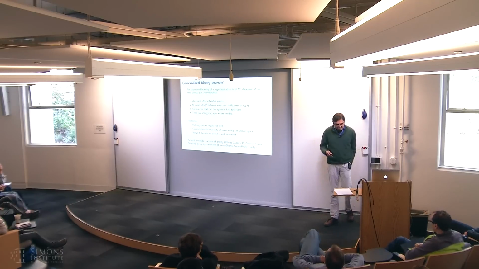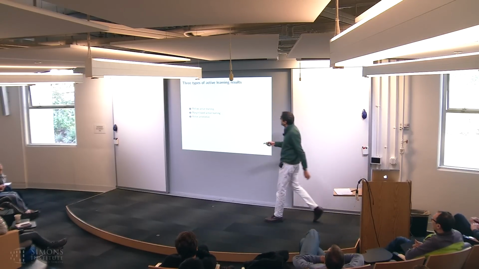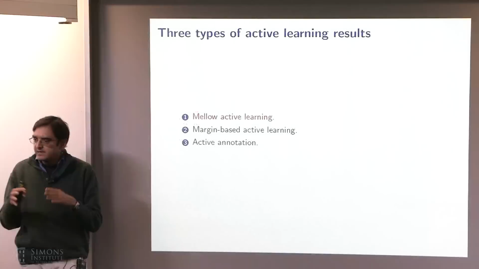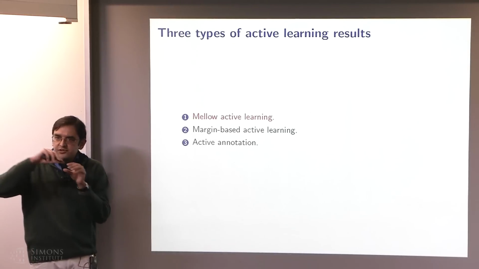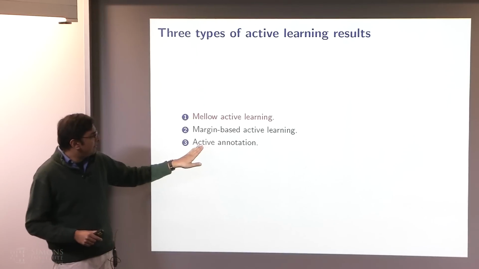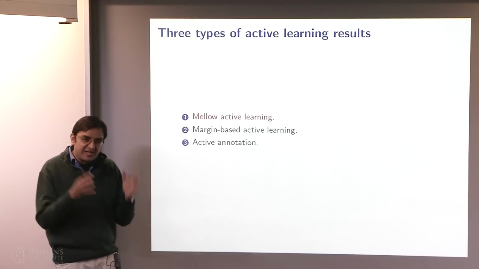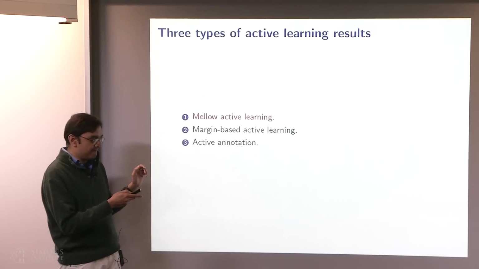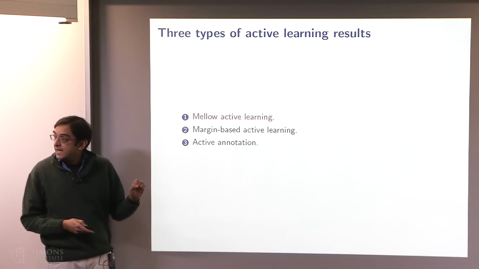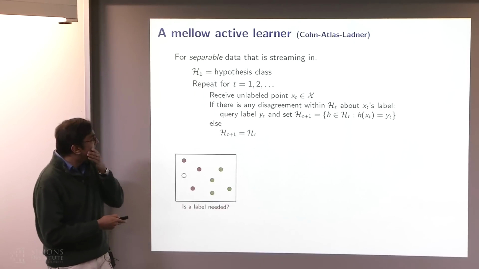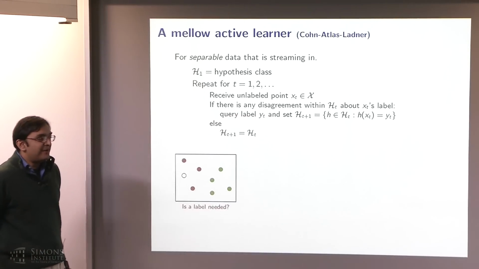Okay, so I'm going to be talking about 3 types of active learning results. The first, on which there's been a lot of work, which I'll just call mellow active learning. Then a bunch of heuristics that are actually closer to what is typically done in practice, where you sample close to the boundary. And then finally, an approach which I think is very promising in terms of both combining the sort of theoretical analyses and being super practical. Let me see whether I get through at least one of these. So, mellow active learning,